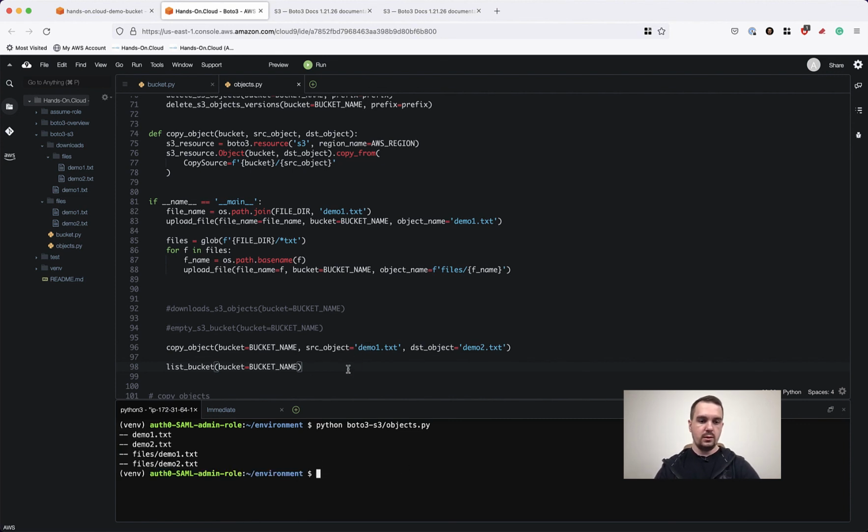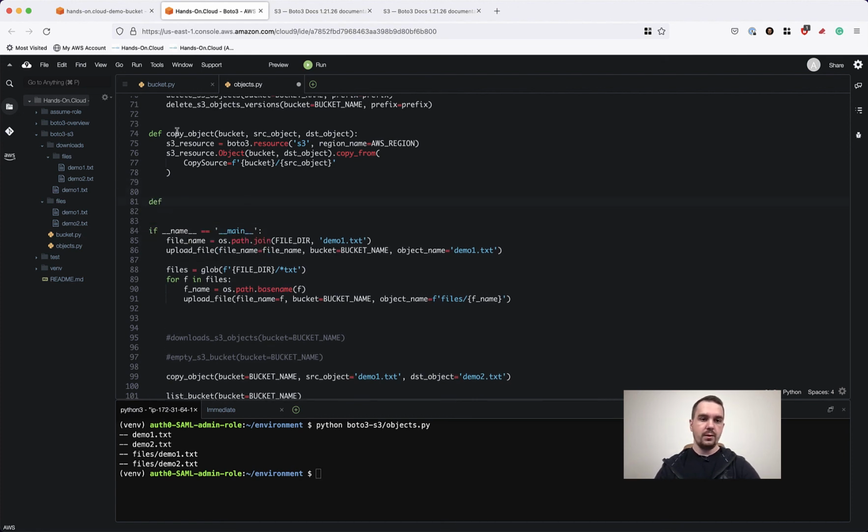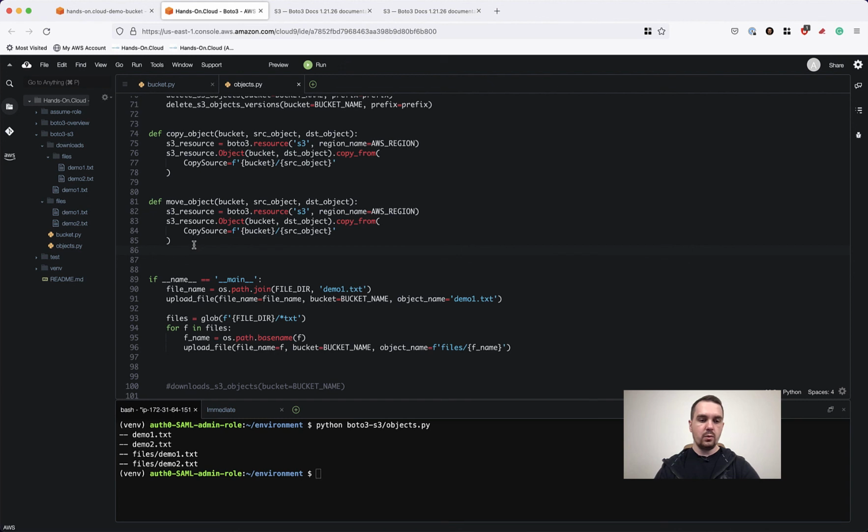Okay, as you can see, we just copied a file from one location to another. Now, what we can do in addition to that, we can define the method which will be similar to our previous one, but instead of copy, we will implement move operation. So now, as you can see, these 3 lines will copy the object from one location to another, and now we need to delete